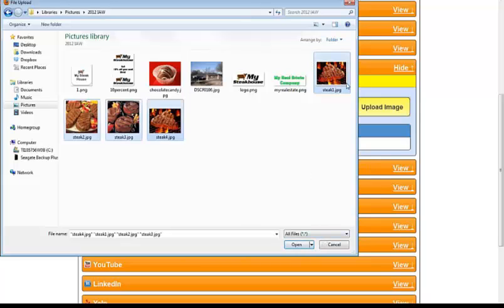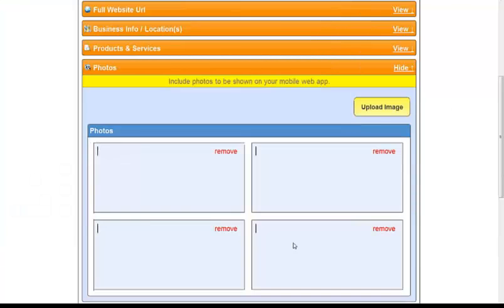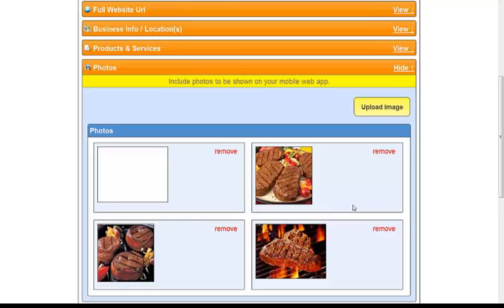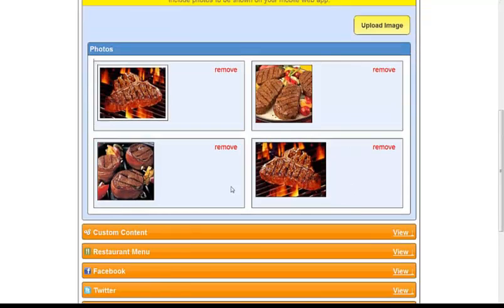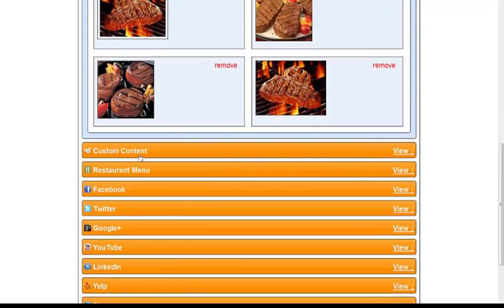Okay, I clicked all 4 of them. I'm going to go open, and bam, it uploads them all at the same time. Same thing, I wouldn't go crazy with that. Okay, just get some highlights. If it's a car dealership, you know, they want to highlight their sales for the week or something like that. I wouldn't go crazy with it.